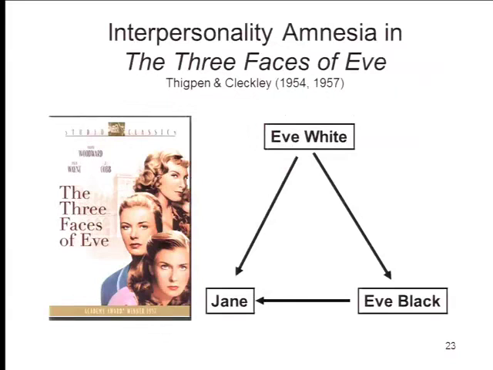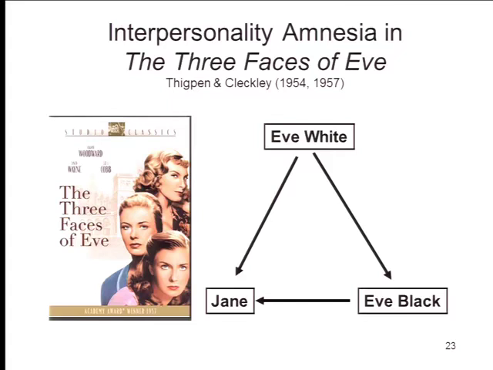There's a classic case, a famous book and a famous movie, remade, The Three Faces of Eve. Here we have Eve White, who was the person known to most of the people in her community, a kind of reserved, introverted person. Then there was Eve Black, a very extroverted, gregarious, vivacious woman. And then you had a third personality who began to emerge in psychotherapy. These different personalities, so they were called, can also be thought of as different selves that coexisted with each other.